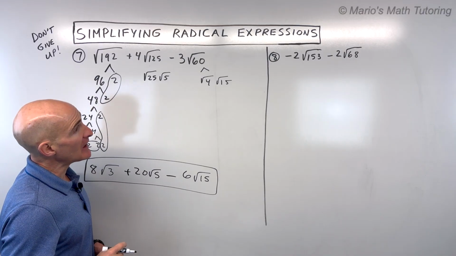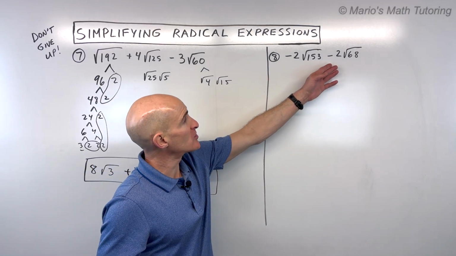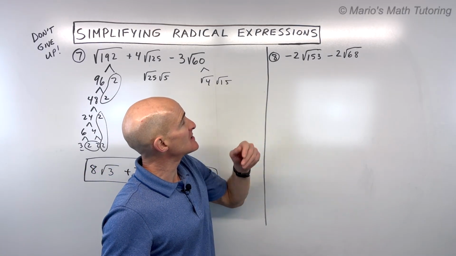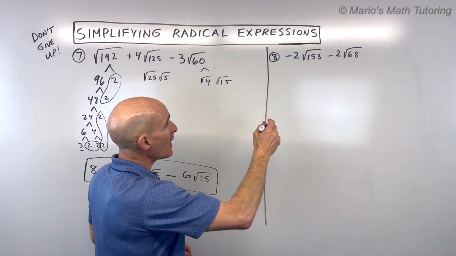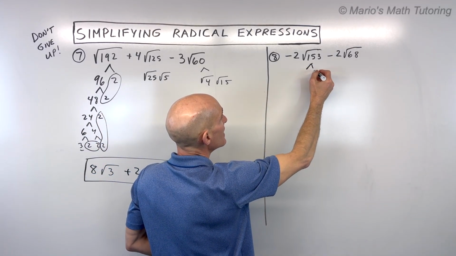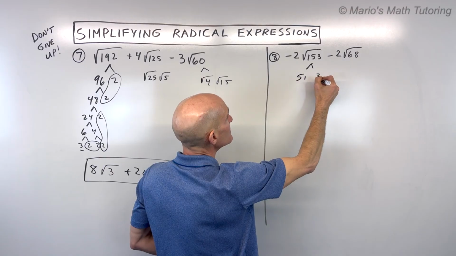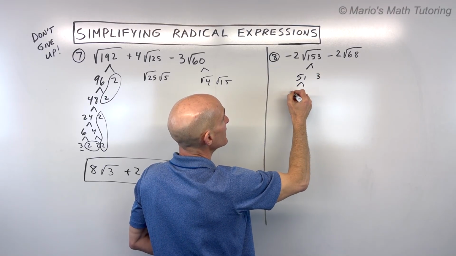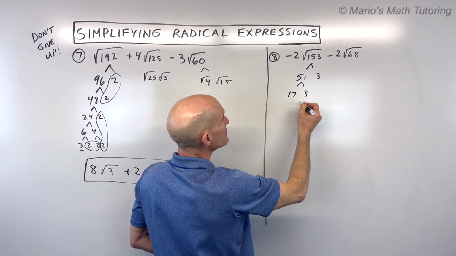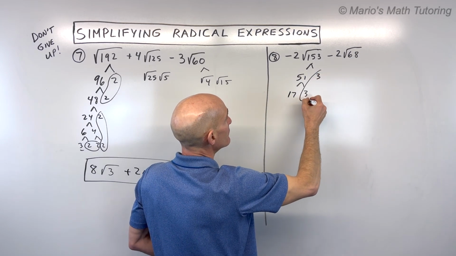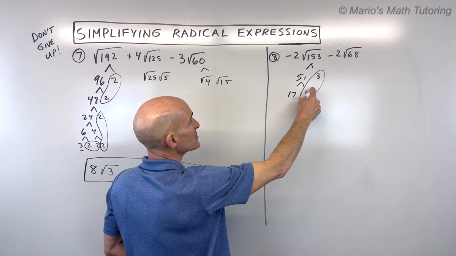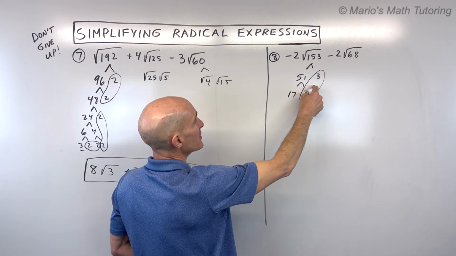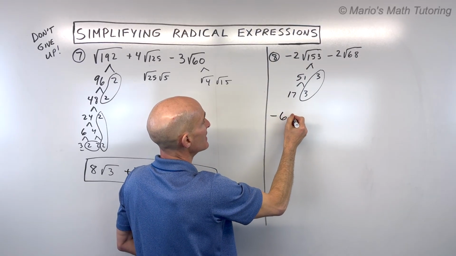Okay, let's look at number 8 now. So some more square roots we're working with. See if you can simplify this one. Now 153, you could break this down into 51 times 3, and 51 is like 17 times 3. And here's a pair of the same number. We've got 3 squared. The square root of 3 squared is just 3 times negative 2 gives us negative 6